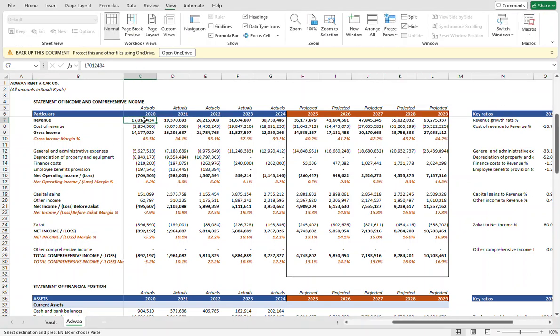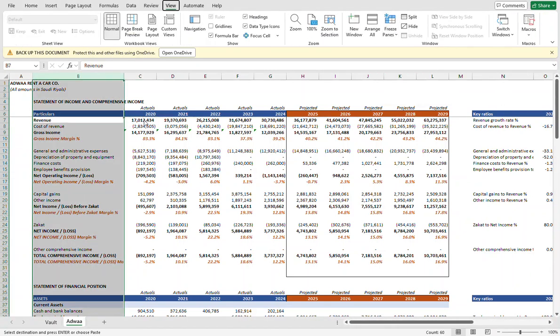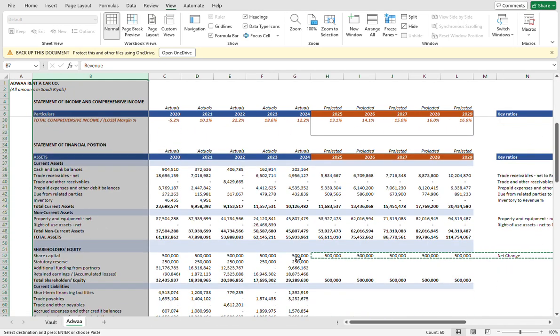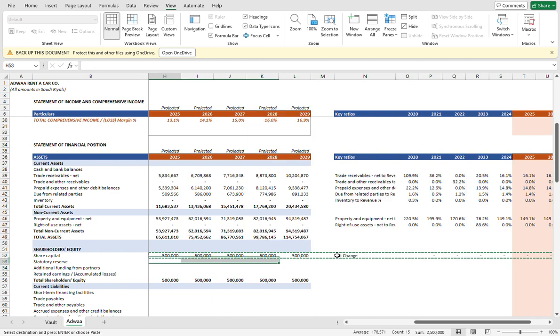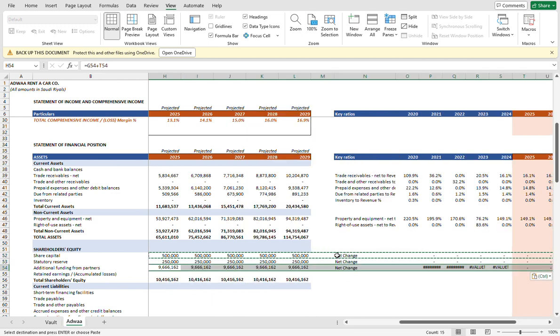Use the columns of the. And then that was